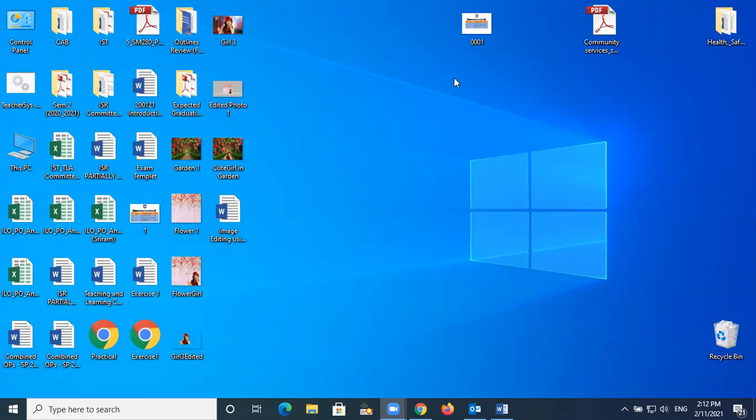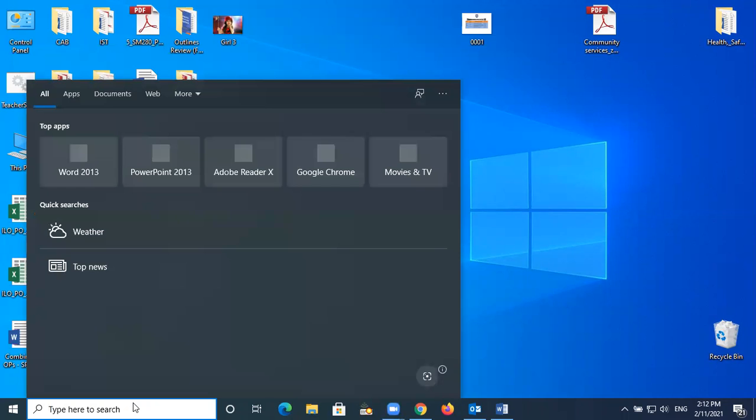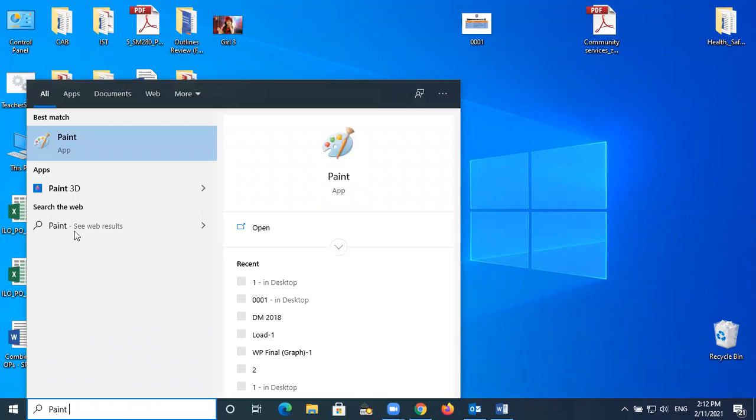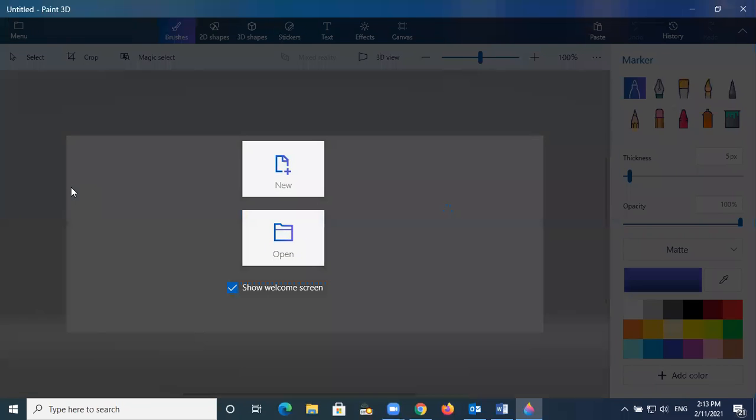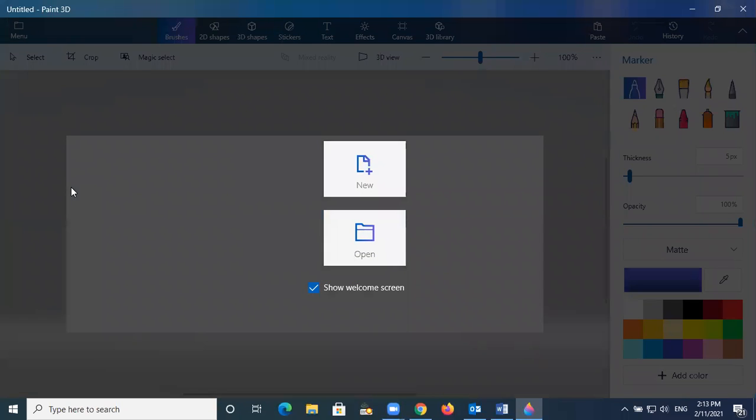Okay, now we are going to learn how we can edit the photo. One of the things you can use is Paint 3D. This is one of the things you can get with the Windows application, Paint 3D. So I will teach you with this one. Again, for those who don't have a computer, you can use other things like a mobile. You have many options over there.